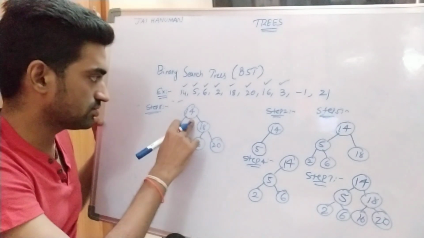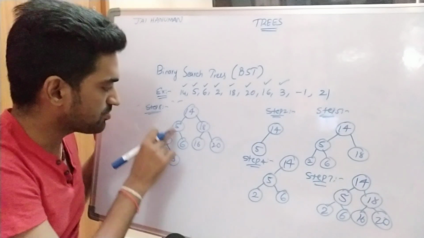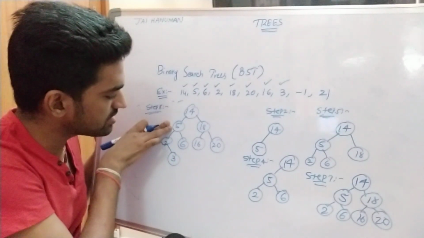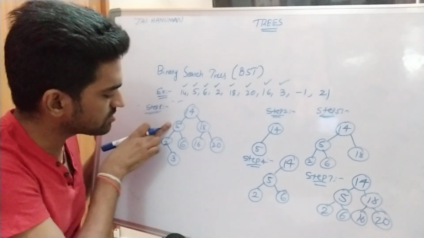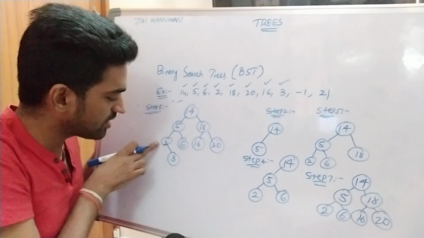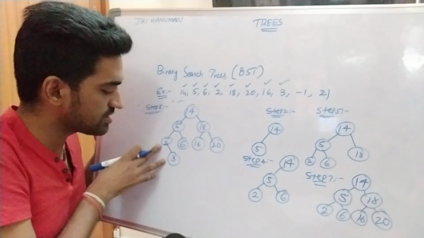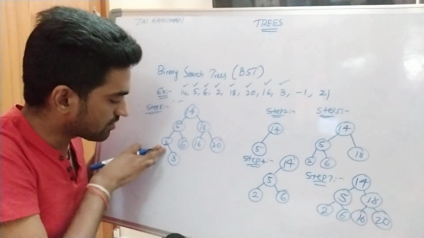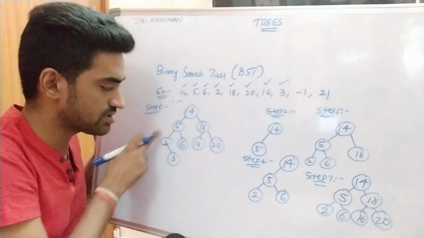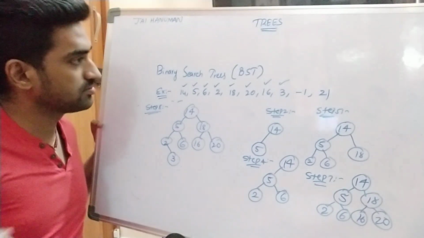When compared to the root, this is less, so we place it in the left subtree. For the left subtree root, 5, when compared to root 5, this is less, so we place it at the leftmost position. At the leftmost position, one more element is there. When compared to 2, that is greater, so we place it at the rightmost position of the node 2. This is also one subtree, right? Then what is the next inserted element?